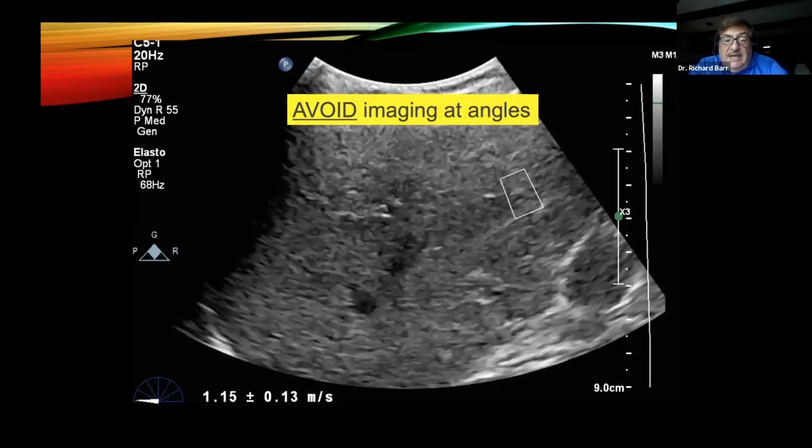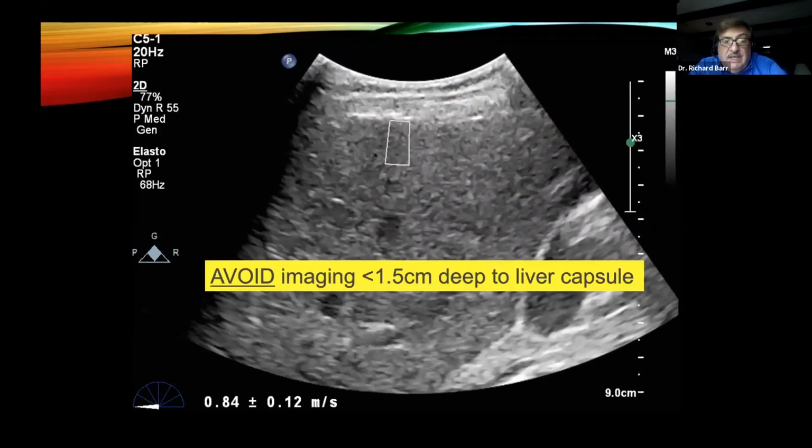Again, we do not want to angle the box to the liver capsule because we have refraction of the RFE pulse and we will get inaccurate measurements. And again, we get this reverberation artifact that I'll show you in a slide a little bit later, and we want to avoid that. In point shear wave, we don't know where that artifact is, so we must place the box at least 1.5 centimeters, even 2 centimeters below the liver capsule to avoid that artifact. When we're looking at 2D in that velocity map, we can usually see where the artifact is and therefore not put our ROI in that.